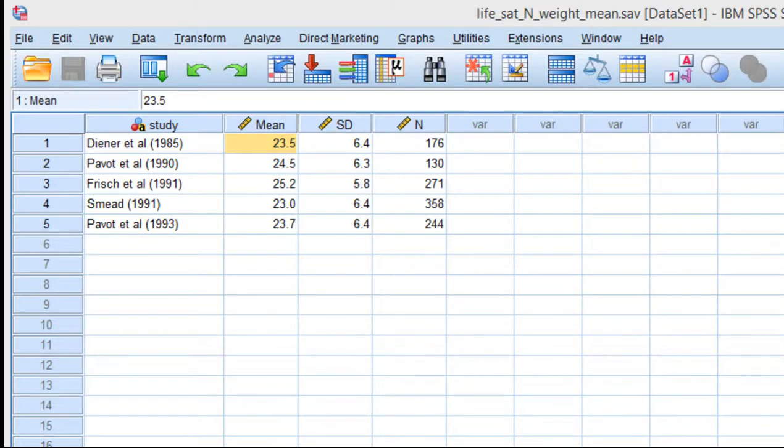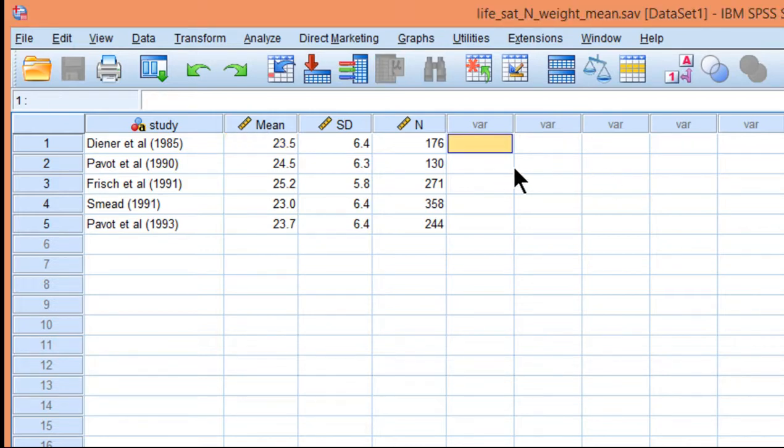In this video, I'm going to show you how to conduct an n-weighted mean in SPSS. As I described in the textbook, the reason you might do that is you might have multiple groups from which you derived a mean, and then you want to estimate the mean associated with those means. But each of those means might be associated with a different sample size, and in this case, the fourth study